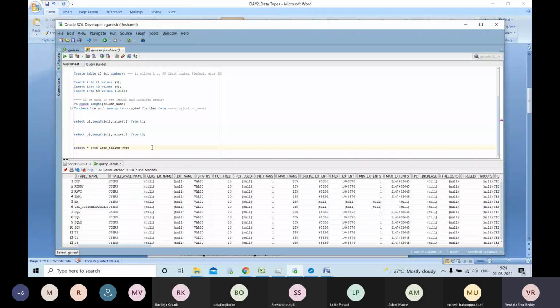Meta objects, in the sense that if you are doing anything in the database, Oracle will capture your details. If you create a 1 BHK house or a hotel, if you create anything, the government will capture your details. The government has some record for you. Your details will be maintained in some record by the government, right?